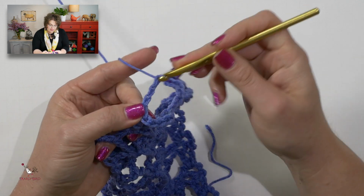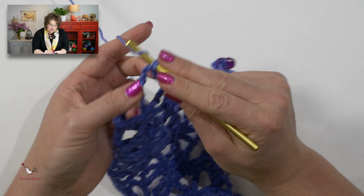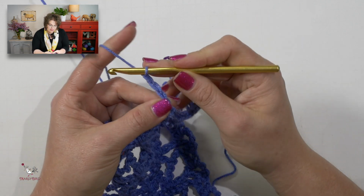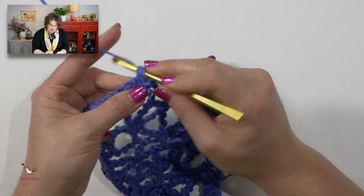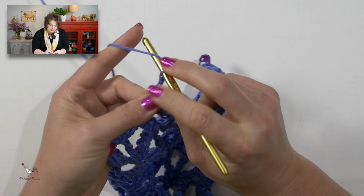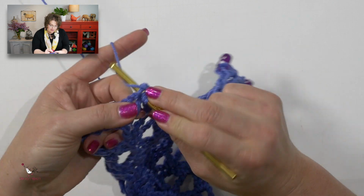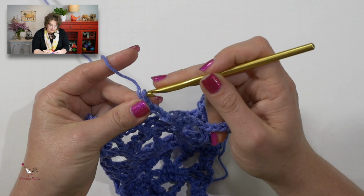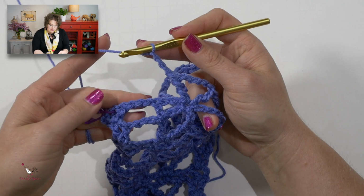chain 3, come over here to the chain 5 space of the large V-stitch from the row below, do my single crochet, chain 3, work another large V-stitch into this single crochet, the next one over. So there's treble, 1, 2, 3, 4, 5 chains, and another treble, chain 3, oops, 1, 2, 3, and here's where we